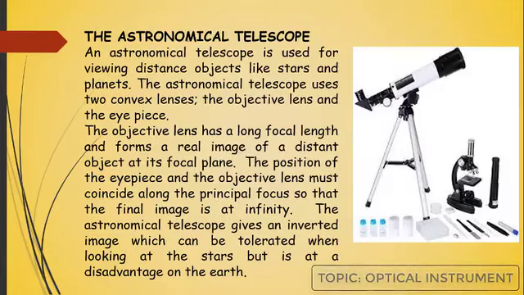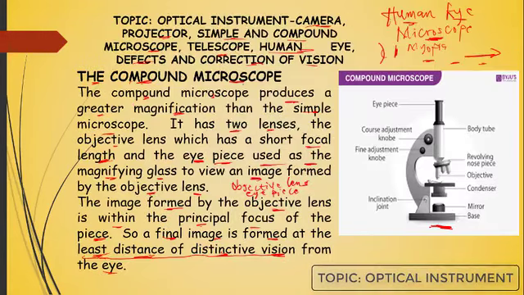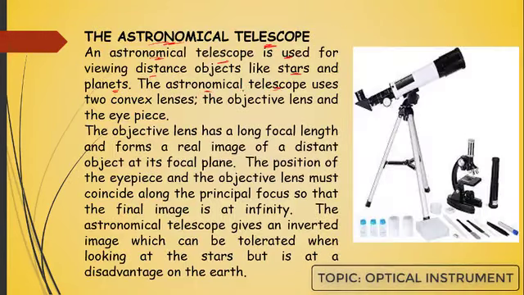Before we come to the eye defects, let's talk about the astronomical telescope. The astronomical telescope is used basically for viewing objects that are very far away, such as stars and planets. It is used for viewing objects in space. In many ways, the astronomical telescope is very similar to the compound microscope because both of them have basically the same